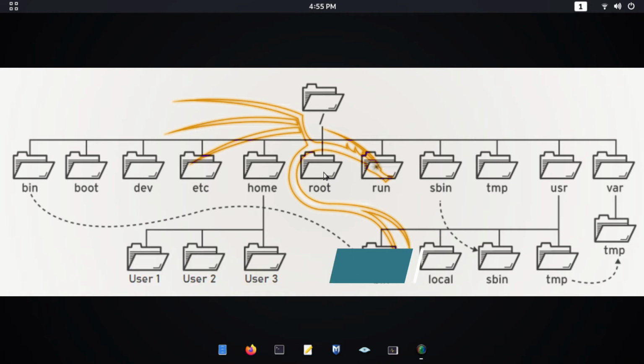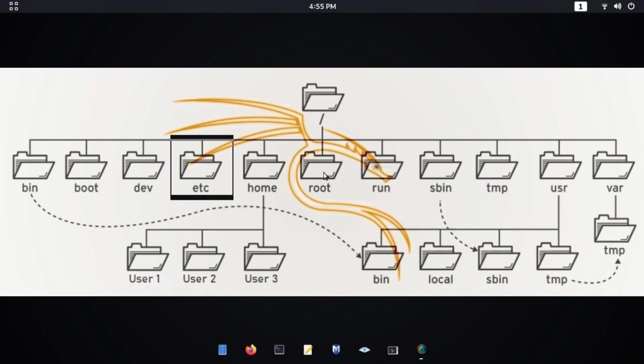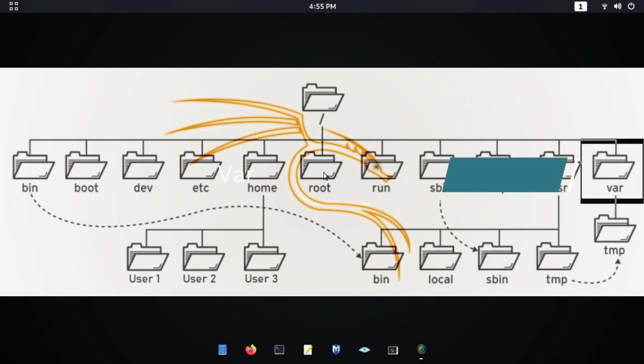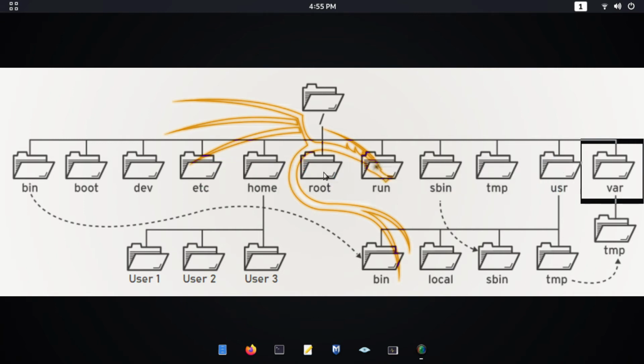Next to the usr, there is an etc directory. etc contains the configuration files specific to this system. These files store the data of programs that we use in Linux. In an upcoming video tutorial, we will use the etc directory to configure the programs. Let's move forward to the var. This directory is used to hold the variable data specific to this system that should persist between boots. Files that dynamically change, such as databases, cache directories, log files, printer spooled documents, and website contents may be found under the var.